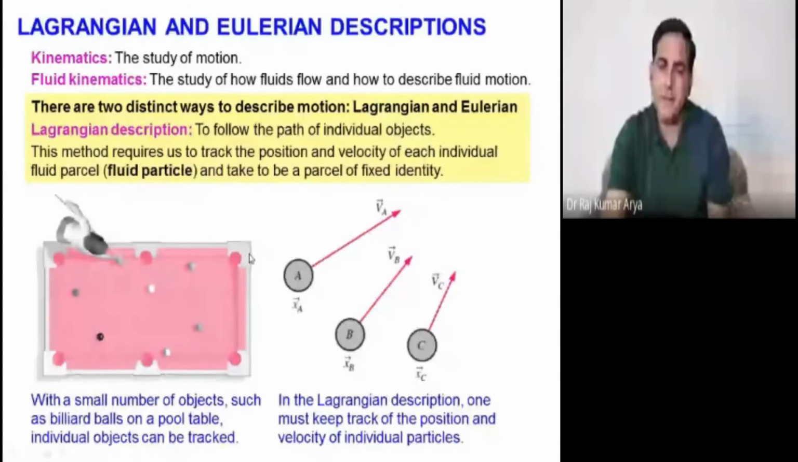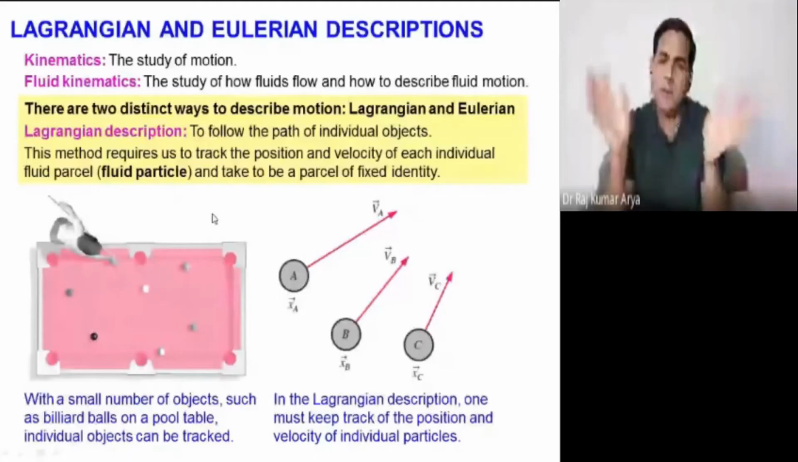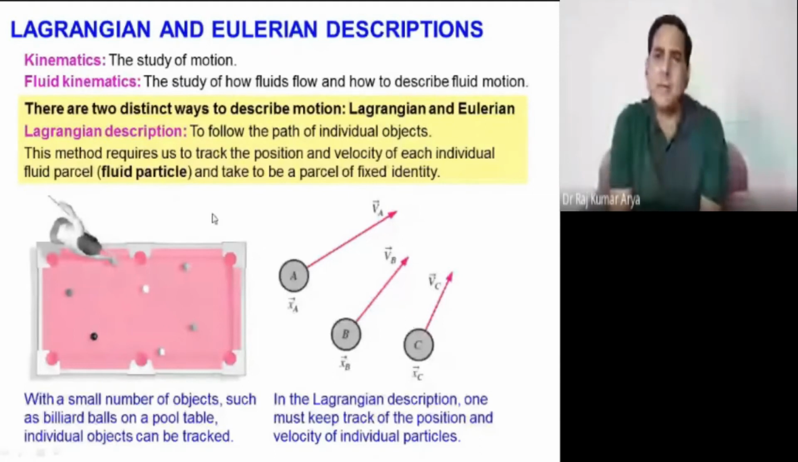So if you are not interested in between, which particle is moving slow or fast, you are not interested in that. You want the total parameter at this cross section, at entry and exit. So that approach is actually called the Eulerian approach, and that's just like